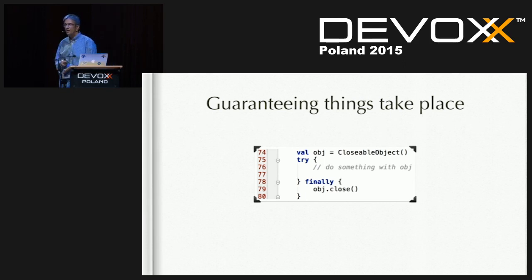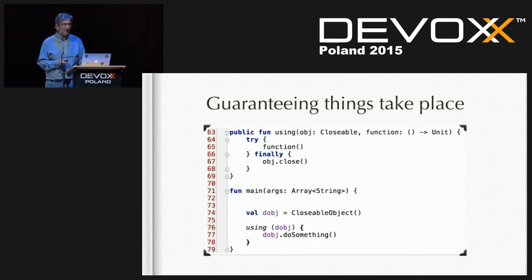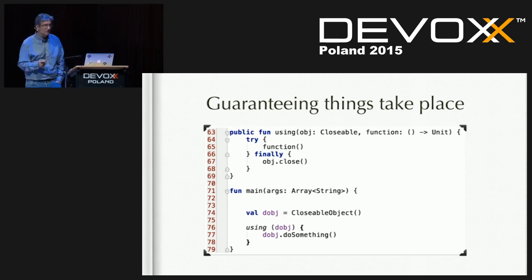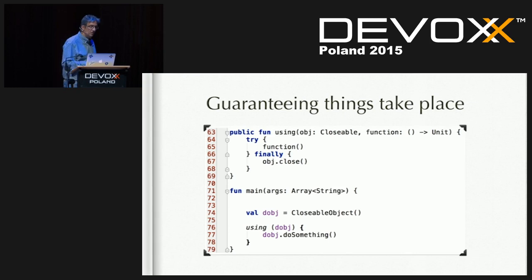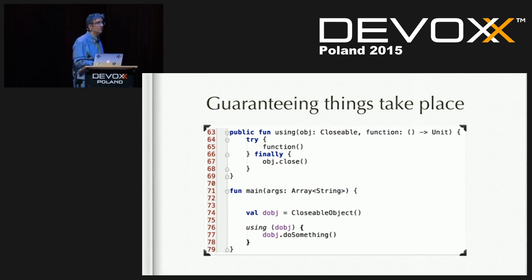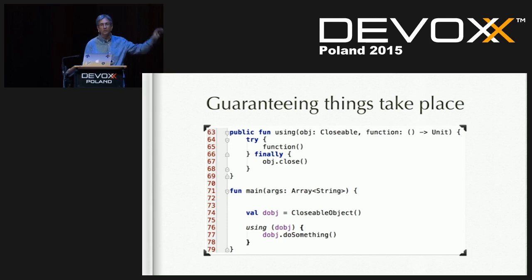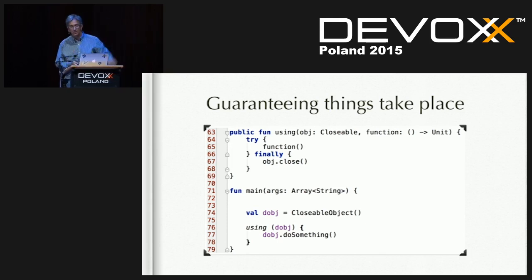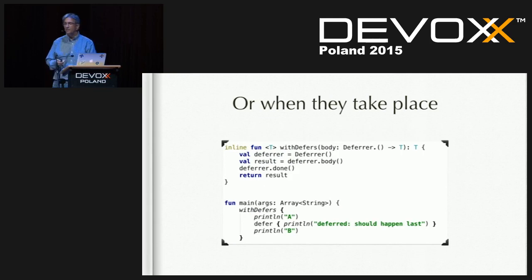Why don't I use a function to do that? In fact, I could. I could create a function that takes an object, which is closable, and takes the actual body of the code that I want to execute. And then every time I call that function, I know that once that call has been completed, it will make sure it's closed the object. So now we start to add the ability to guarantee that things take place by using functions. Because we have the ability to start to move code around. We're passing code blocks, which is a great thing. We can even say when they take place.